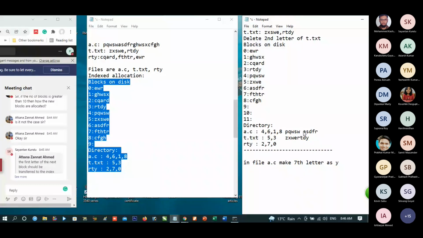Now, what is the 7th letter? The 7th letter is 0, 1, 2, 3, 4, 5, 6, 7. I want to put Y here. How to put it as a Y? In block number 6, we want to put Y here. So we shall write here ASY, in block 6, DFR.